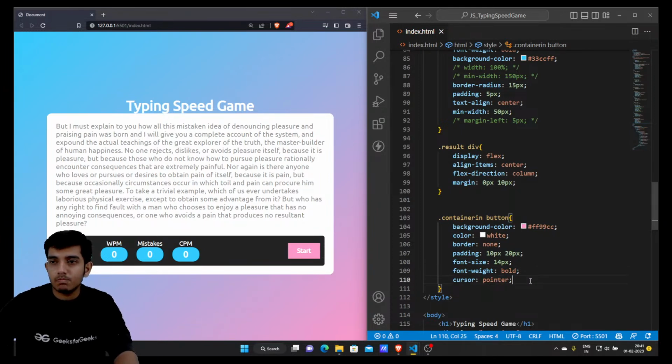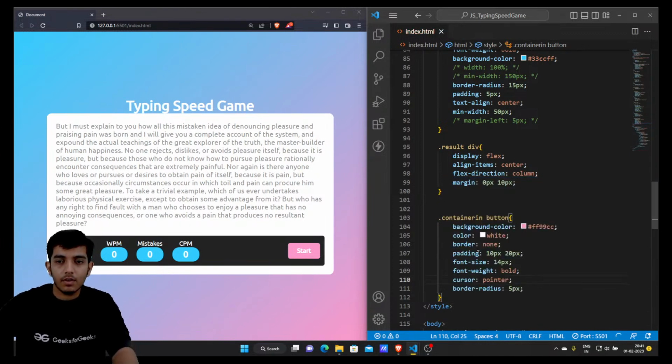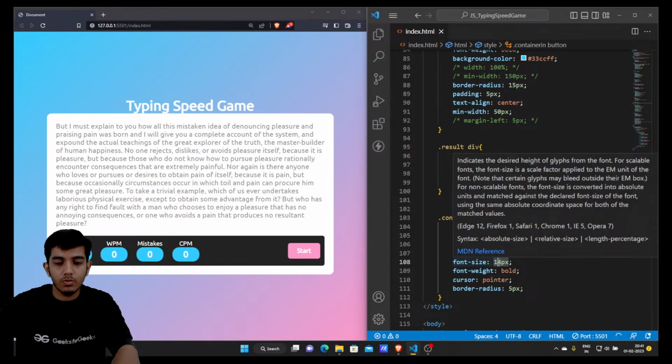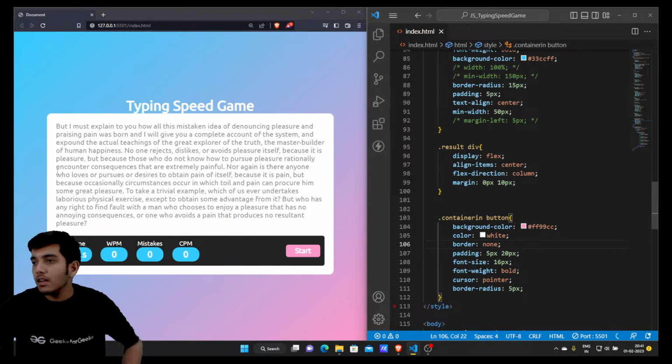Then what to do? Border radius of 5 pixel. Okay, so you can see I've given this a border radius, but I want this to be around 16 pixels. So I have increased the size, and the padding from top and bottom, suppose if I make it 5, you can see the button is smaller. Okay, so you can see that we got the start button, we got the reading, and then